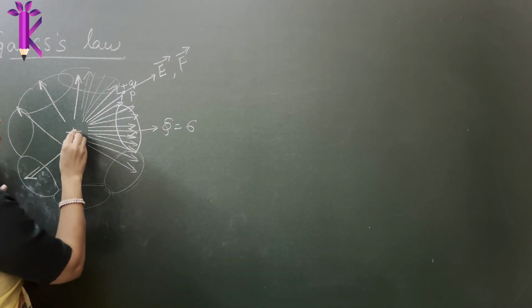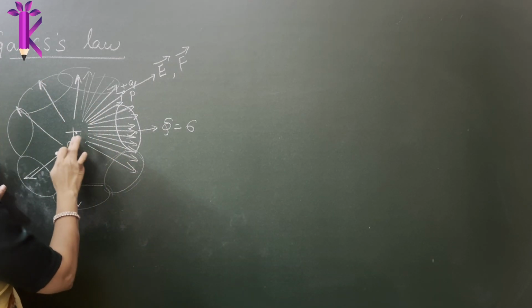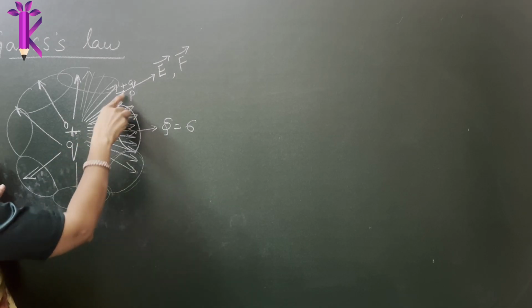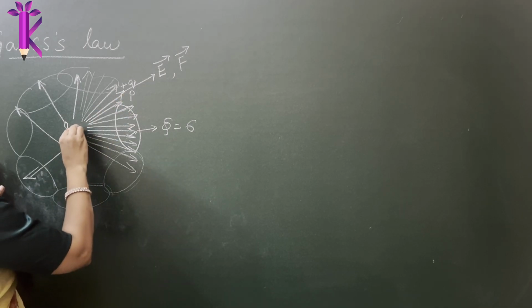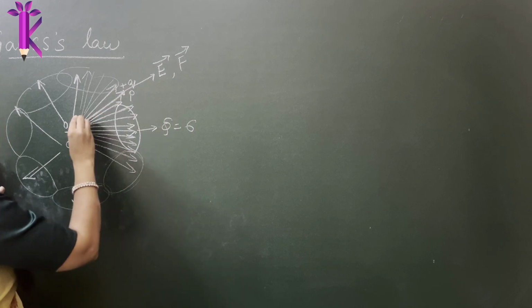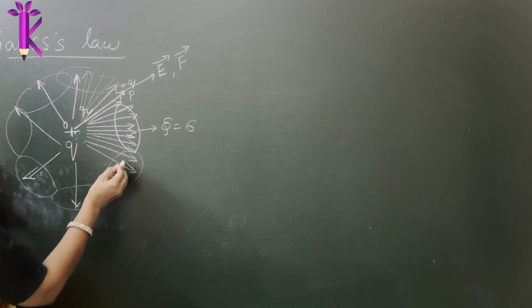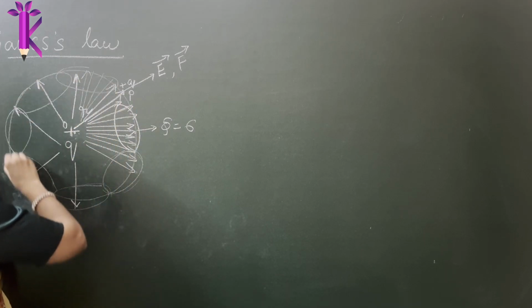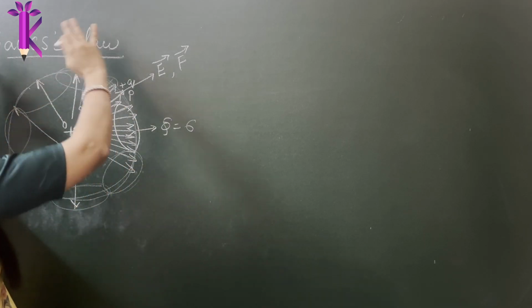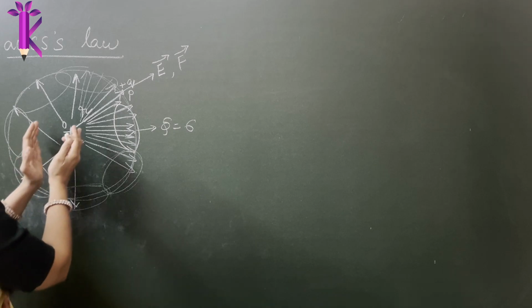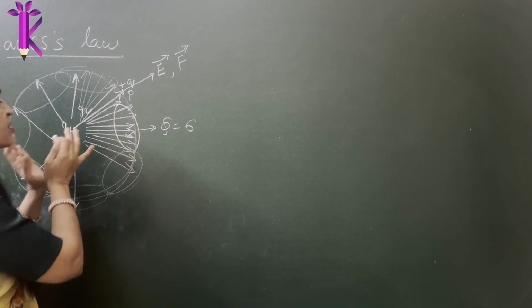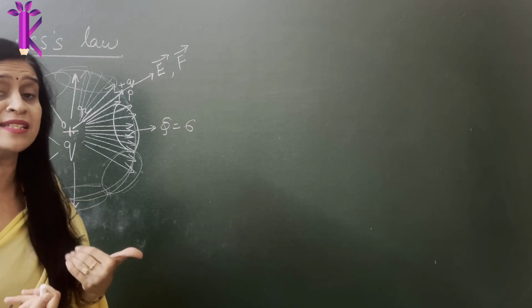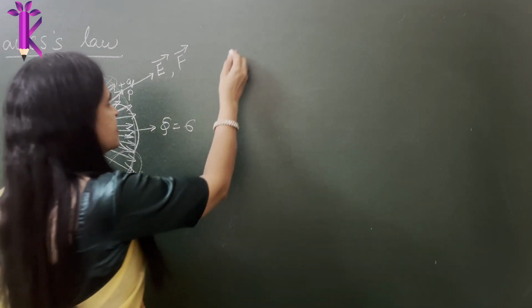Imagine this is the center O, where there is a source charge Q placed, and the distance between the source charge and the point P where you place the test charge is r. Now imagine you draw a spherical shell, like a football, and imagine that football encloses the positive charge. That's an imaginary sphere, which is what we call the Gaussian surface.